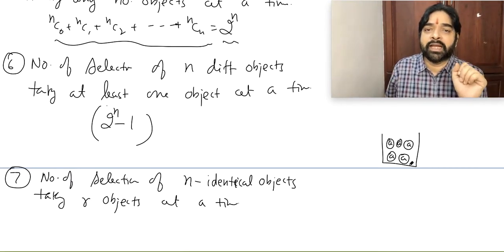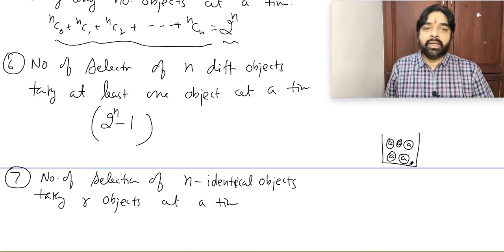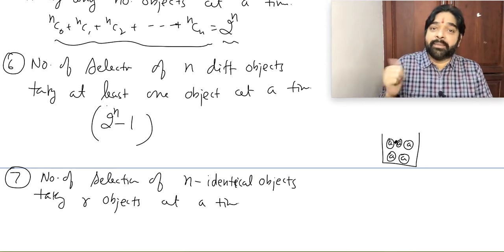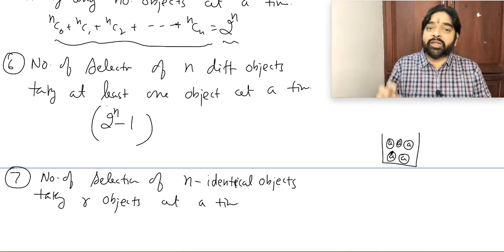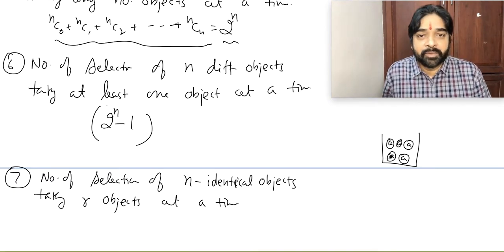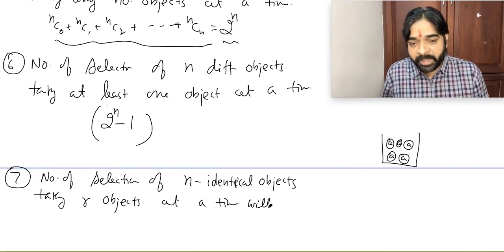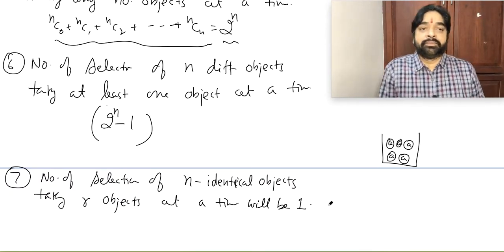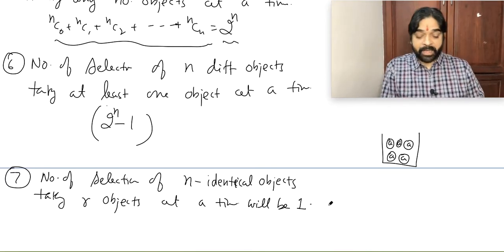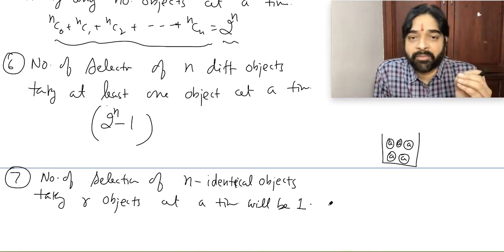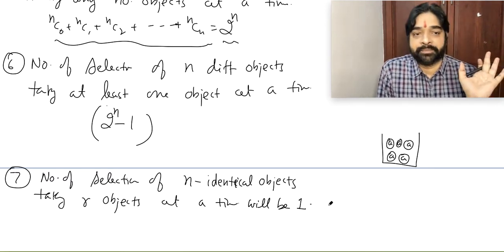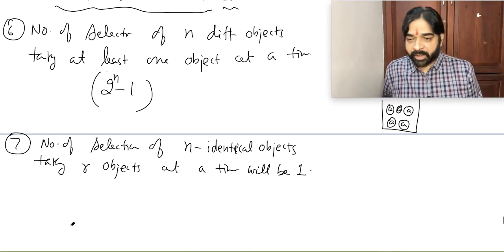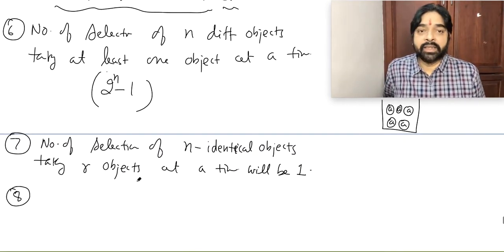So in how many ways can you select? Only one way. If they were different, maybe the first time AB comes, the next time AC comes. But all are A only, so every time only A will come, so the number of ways will be 1. If from identical objects you have to select a certain number of objects, that will always be equal to 1. There is no difference. Let's move further. Is it clear now, everybody?